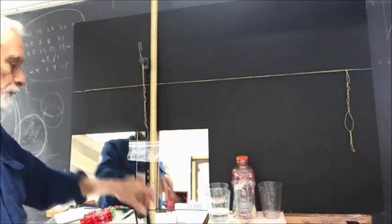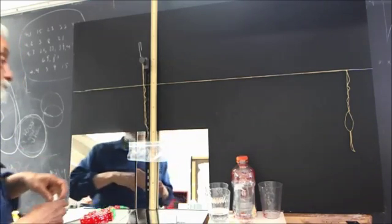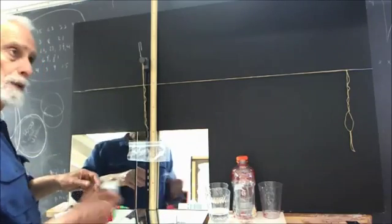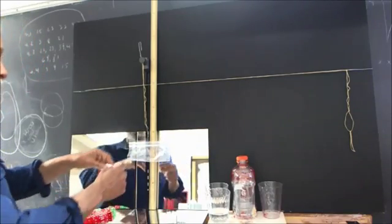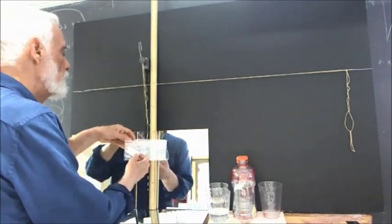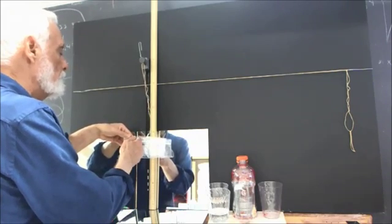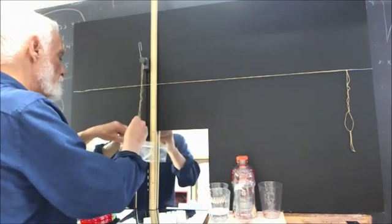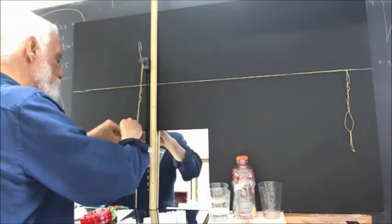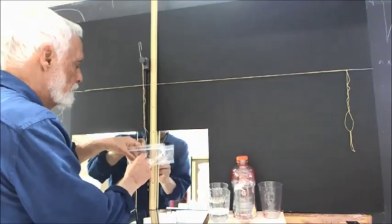I've got a bag suspended from the rubber band, and I'm going to add dominoes. Okay, so I'm going to add a domino to the bag. Now this is going to be a little bit tricky, and I might want to stop the camera. Well, actually, I can't do stop action with this one camera. Okay, so when I suspend this single domino,